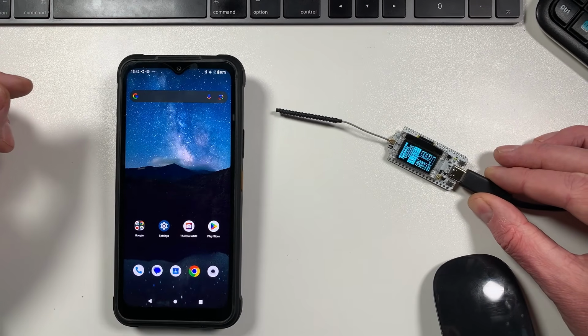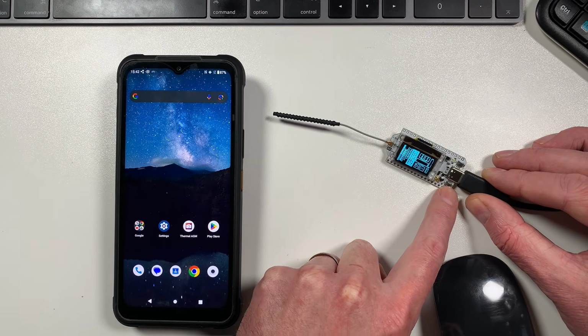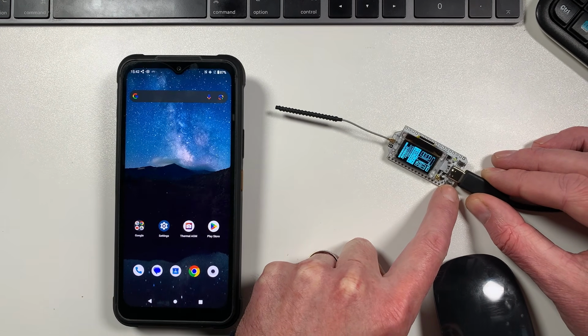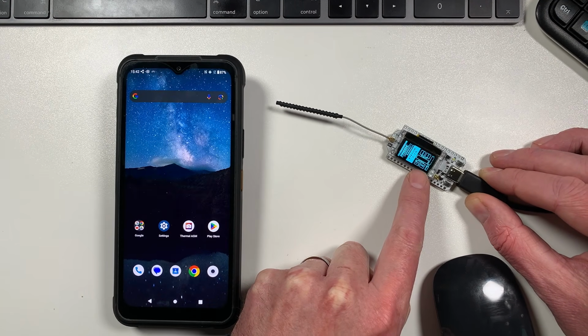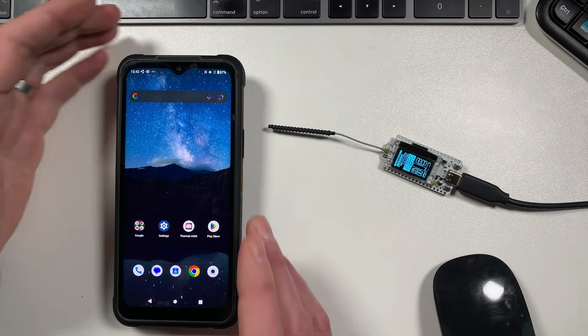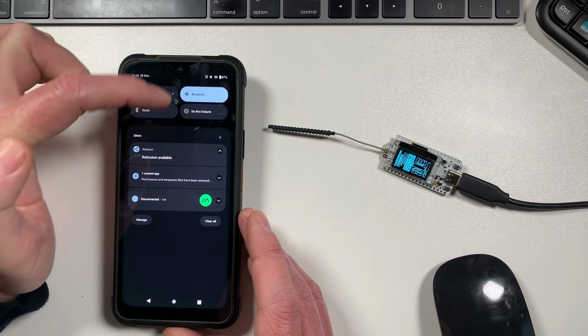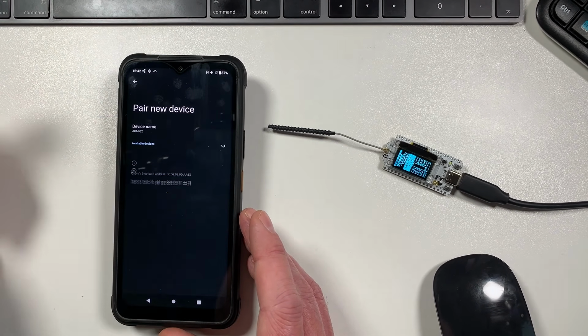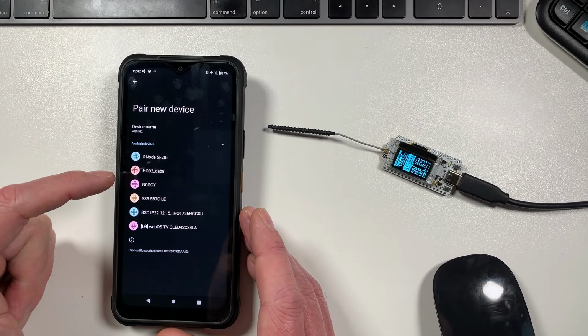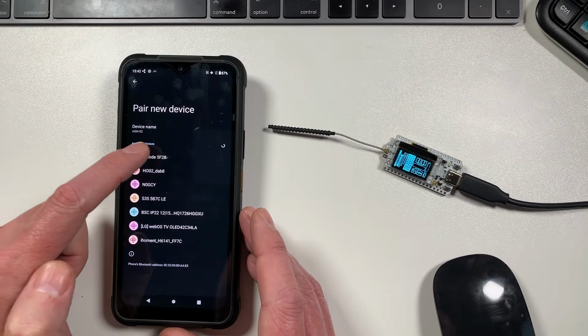So with the device prepared and ready, what I'm going to do is just hit the program button on the Heltec, and you see the little Bluetooth symbol come alive, and that means obviously the Bluetooth's turned on now. And that's basically the next step. We want to pair our smartphone with the Heltec, so we can hit pair here, and we should find it. This should be this one here,